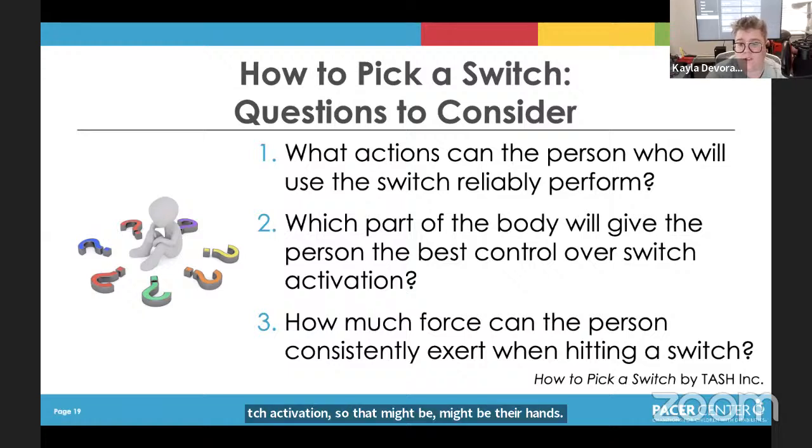How much force can the person consistently exert when hitting a switch, which is why there are different pressure limits and pressure requirements for switches, and why some switches don't take as much pressure as others. So those are,